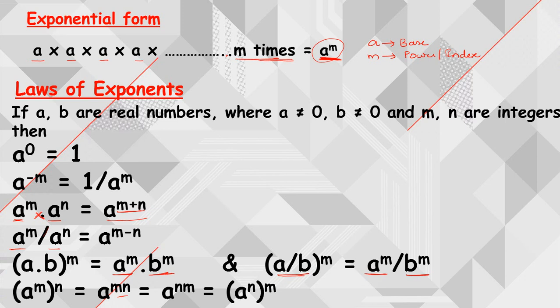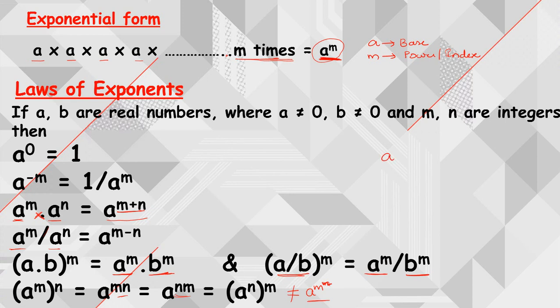And also we know that when we do multiplication, m into n is equal to n into m, because it follows the commutative property. So a power m into n is equal to a power n into m. The same way we can write it as a power n whole power m. Here you need to understand that a power n whole power m is not equal to a power m power n, so this notation is different from this. Please be careful.